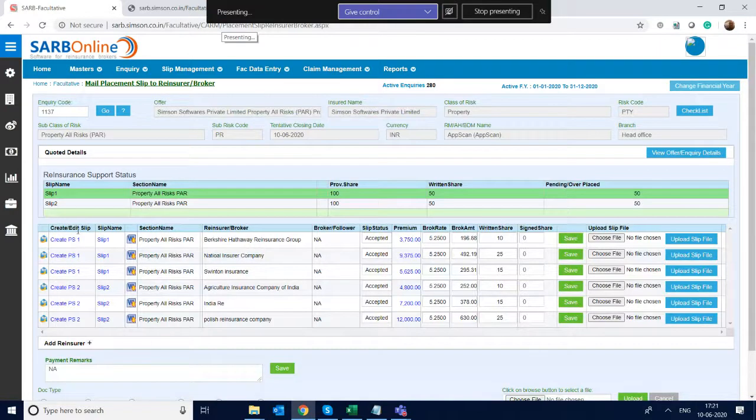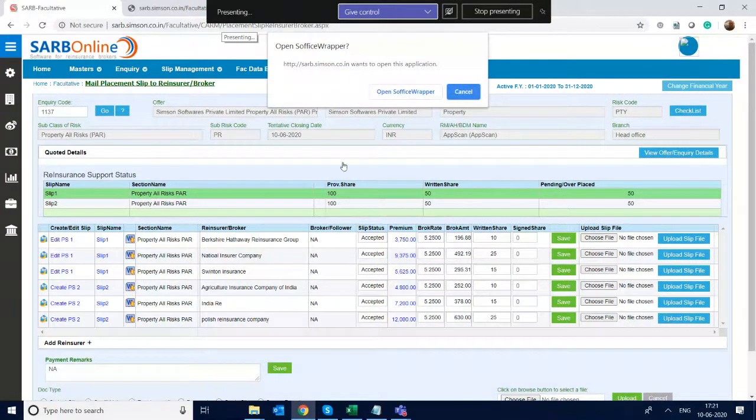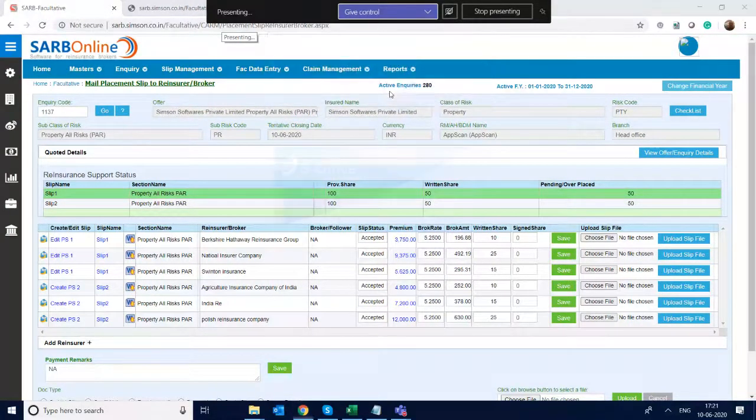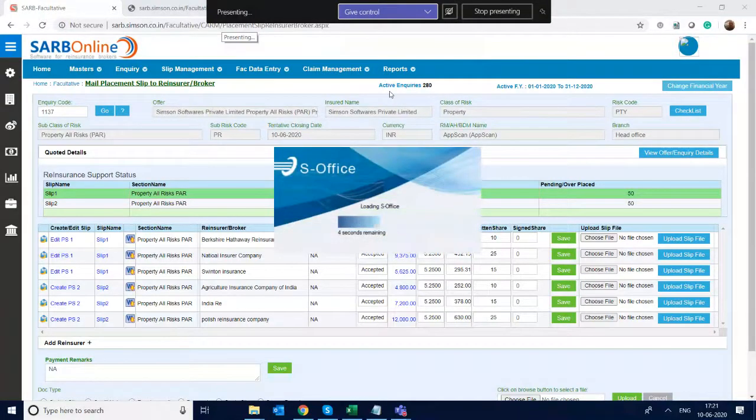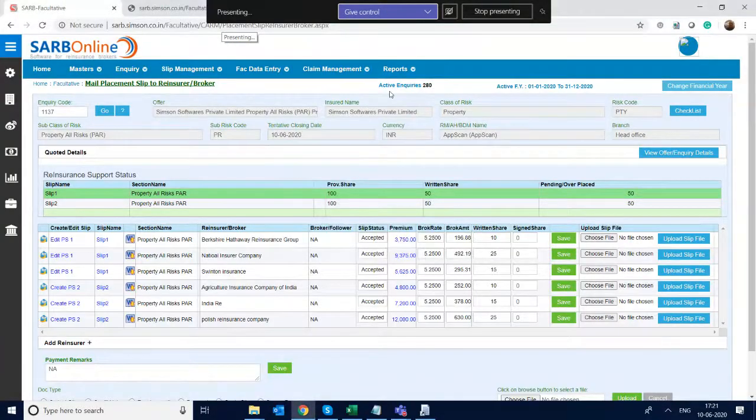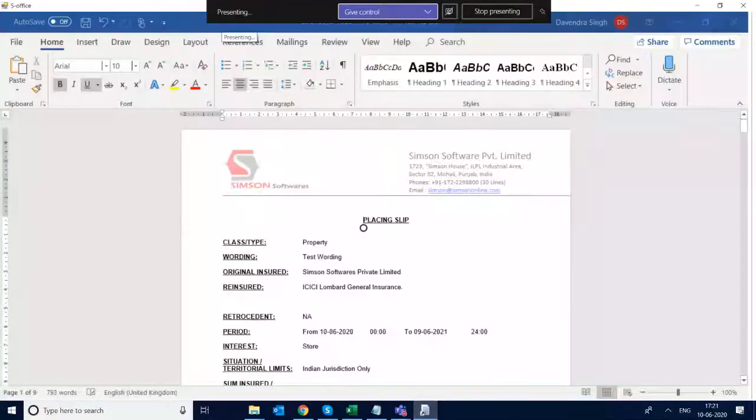So now the placement slip is very much unique for everyone. Okay, so a placement slip like this.